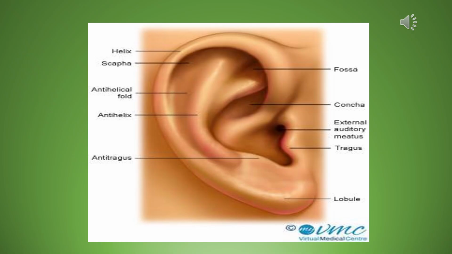So in order to capture things coming from the front to the back, or from the back to the front, or from top to bottom, you have to have an auricle. You have to have a funnel to direct those things into the ear hole. I mean, the external acoustic meatus.